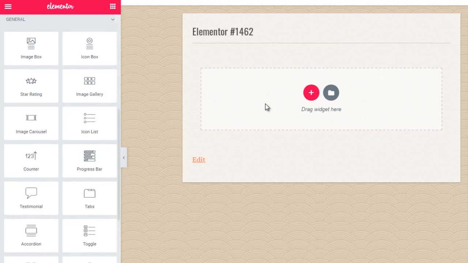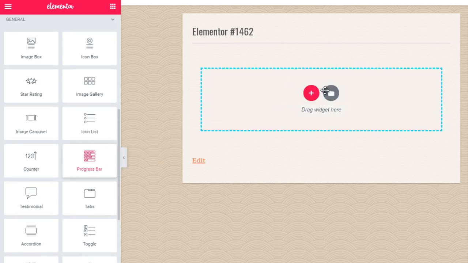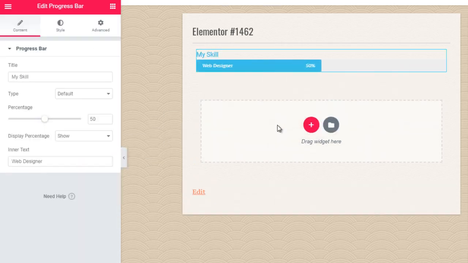So let's say, for example, that this were to be an opt-in page. So if we clicked progress bar and we dragged it over here and we dropped it, there we go. That's it. It's super easy. And of course you have the settings over here that you can edit. And of course I can go back over here